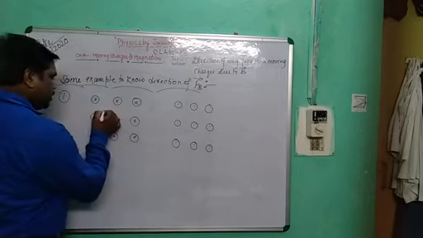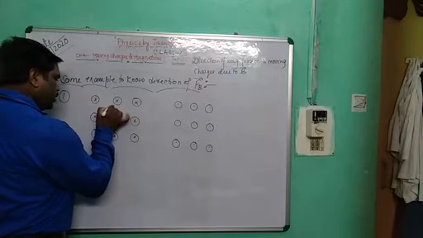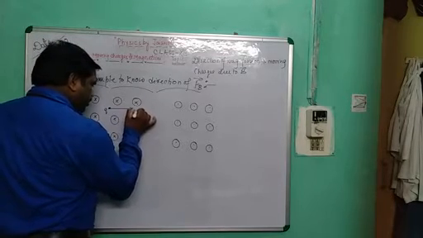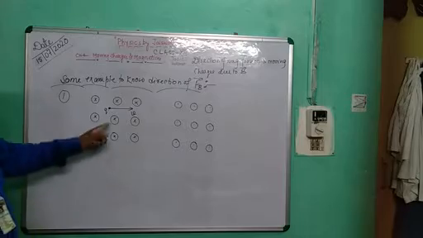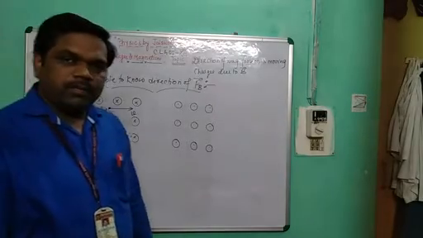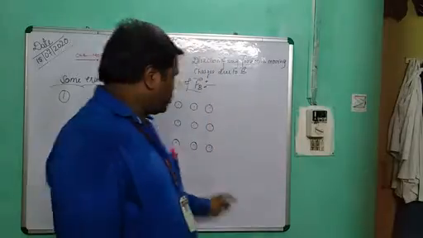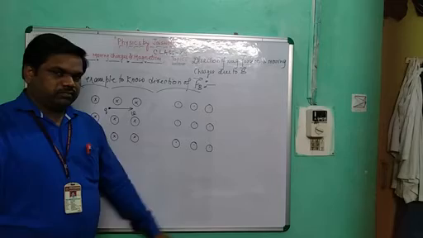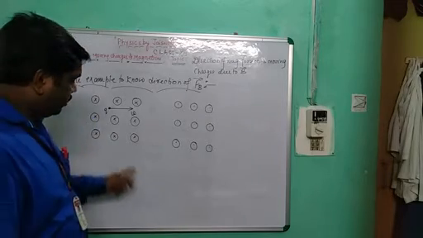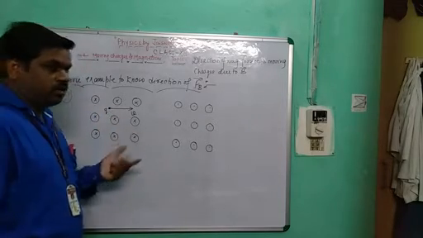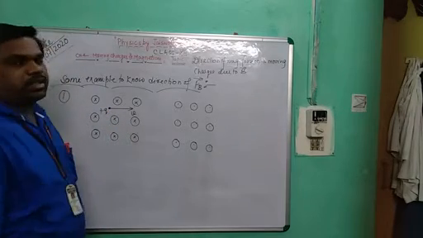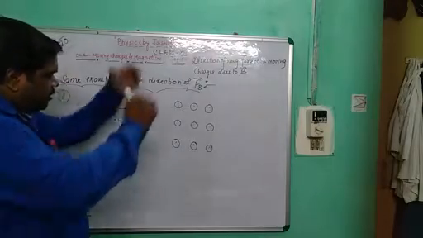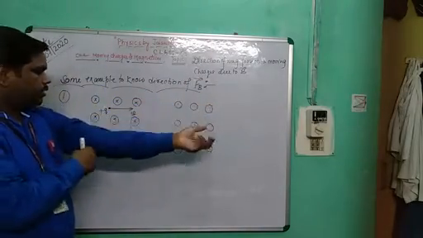Okay. Suppose there is a charge Q here going with a velocity V in this direction. So will it experience a kind of magnetic force? The answer is yes. Why? Because it is a uniform magnetic field and the charge is moving, it is not at rest. Therefore, this charge experiences a kind of force. Suppose this is a positive charge. So what will happen? Let us apply Fleming's left hand rule.